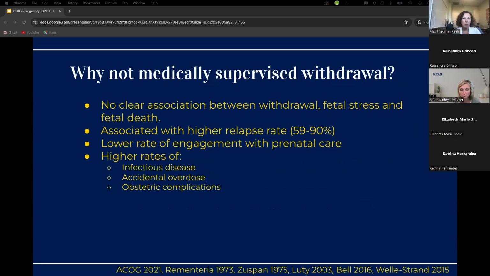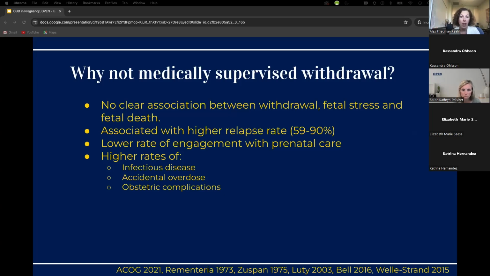So, if these medications for opioid use disorder have some potential adverse effects, why not recommend medically supervised withdrawal? No medication is better than the risks of these meds, right? Data and guidelines are clear here that this is not the preferred option, though it's actually not for the reason you might expect. Many believe this is not the preferred option due to an association between withdrawal, fetal stress, and